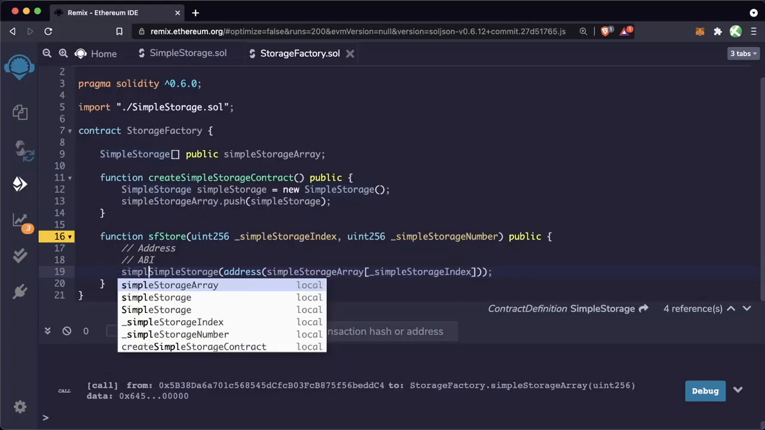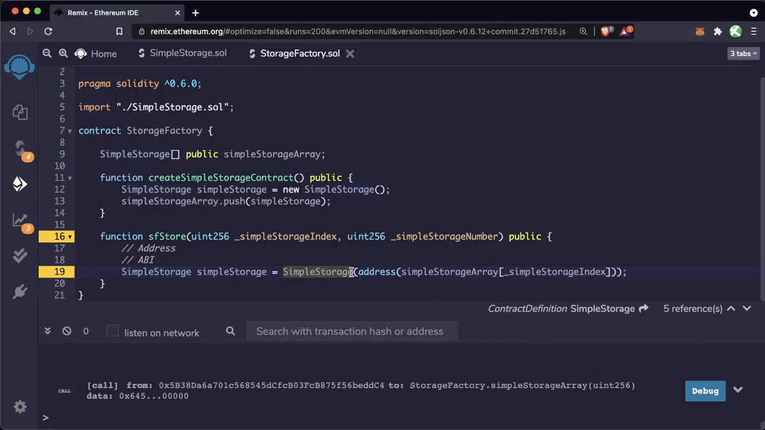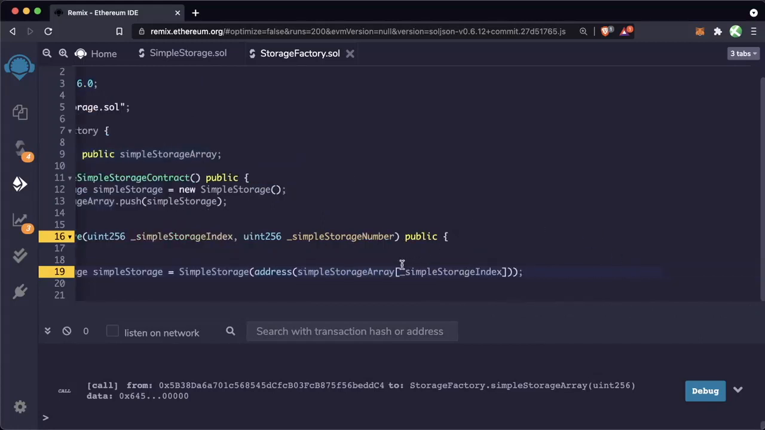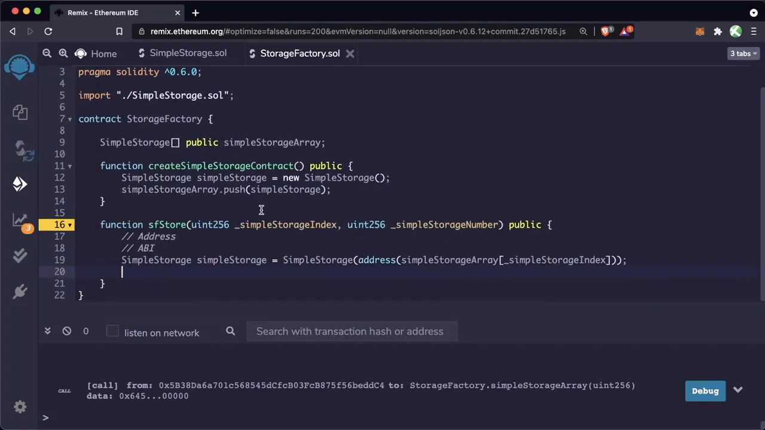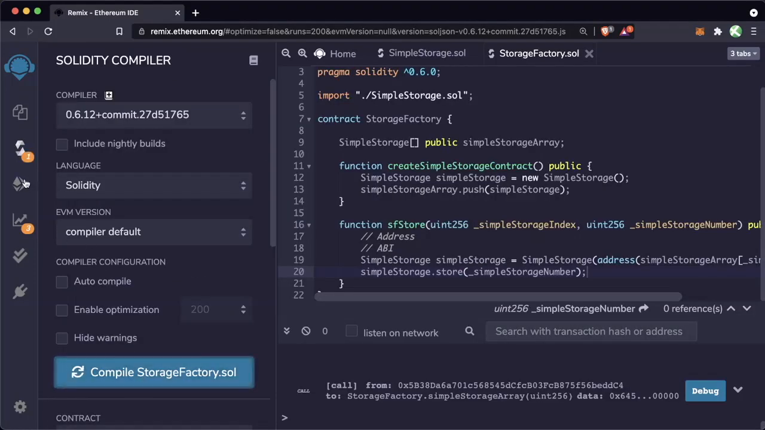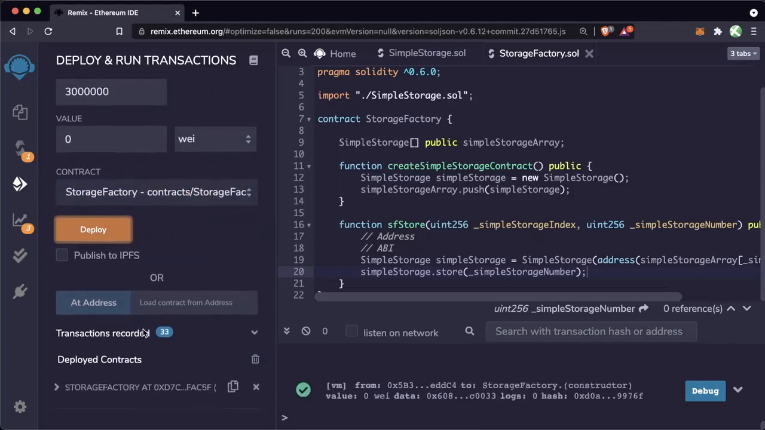So we could even say SimpleStorage simpleStorage equals SimpleStorage at that address in the array. Once we get this contract, we can then call any and all of its functions. So we could call simpleStorage.store with this simpleStorageNumber. Now, if we compile this, we go to our deploy tab, deploy the factory, hit deploy,